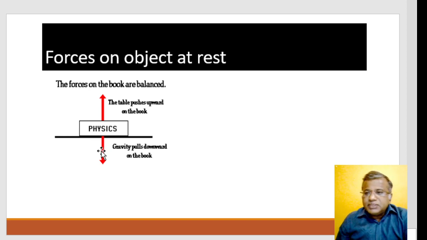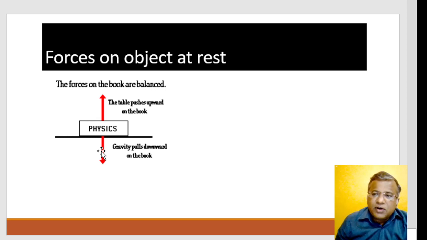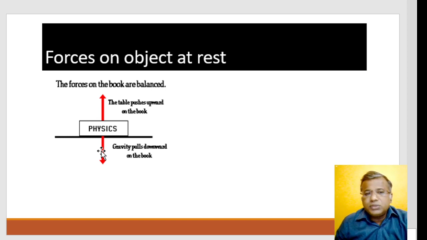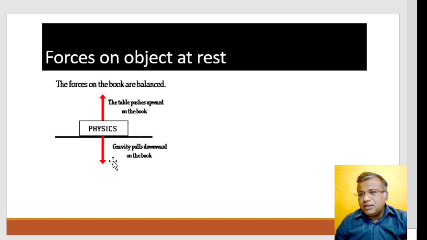So as a student of physics, you should understand that it's not that forces are not acting, but that the net force is zero. Like on any object on the earth, there will surely be a force acting, and in this example, the force is acting in which direction? Downward. This is the gravitational force, right? But because the book is kept on the table, the table gives a reaction upwards. And that's why the net force on this book is basically which one? Zero.